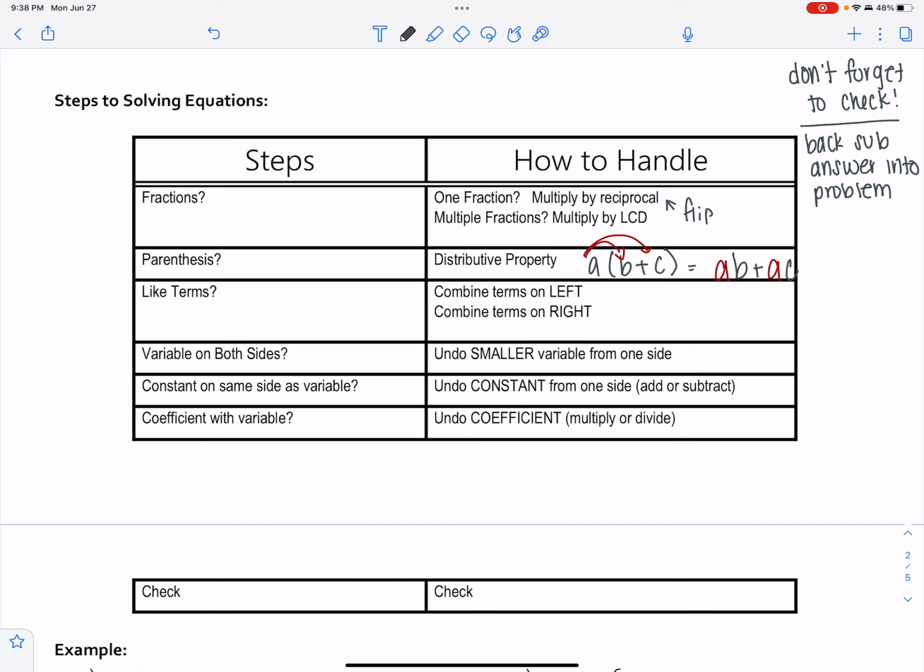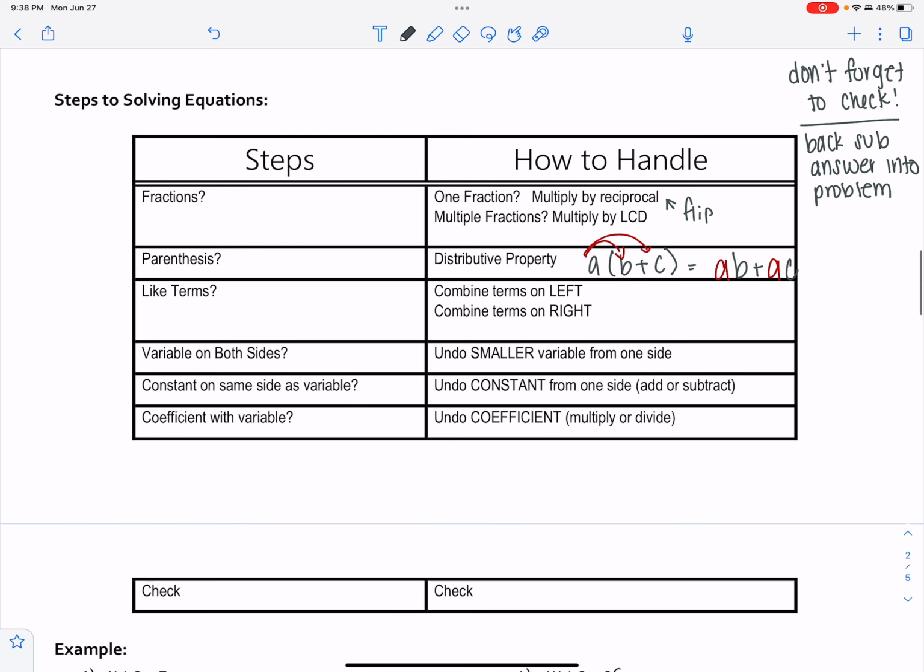And then if you have a variable on both sides, you're going to move the x's or the variables to one side. Typically, we want to undo the smaller variable just because it's going to avoid some negative numbers. And then if you have a constant, you're going to undo that constant, which is going to be addition or subtraction. And then if you have a coefficient, which is a number in front of the variable,